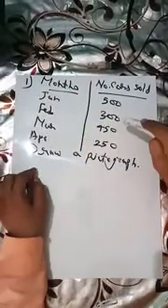In a pictograph, we draw some symbol for the data. To explain the pictograph, I have taken a question here. There is a table, month and number of cars sold. In January 500 cars were sold, in February 300, in March 450, and in April 250. We have to represent this in the form of a pictograph.